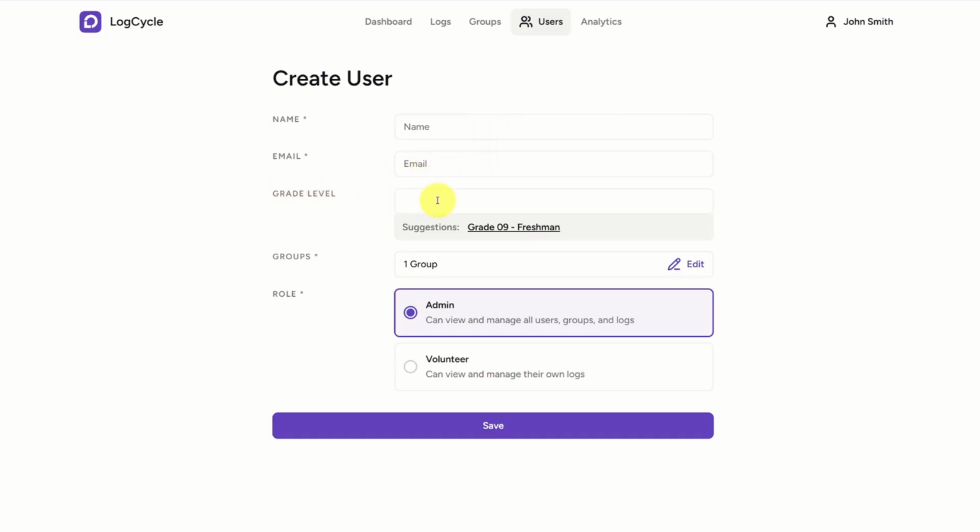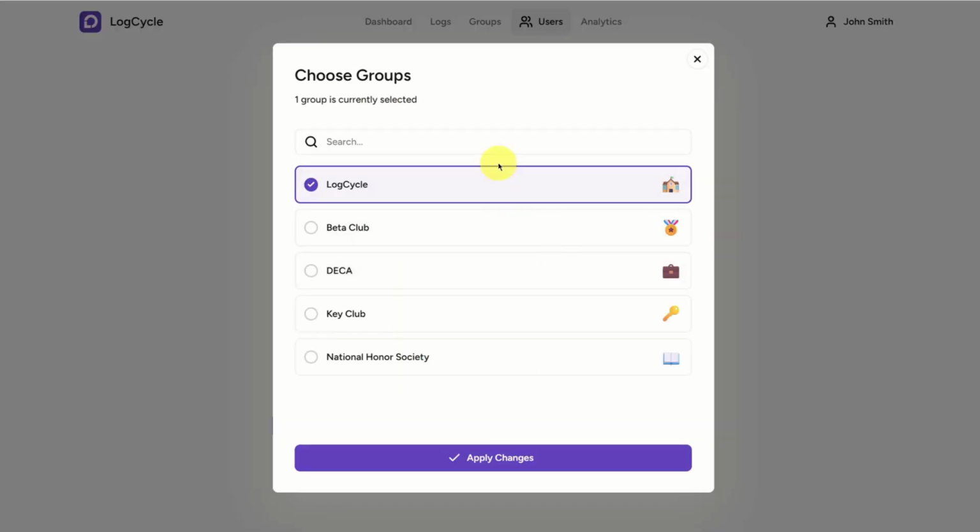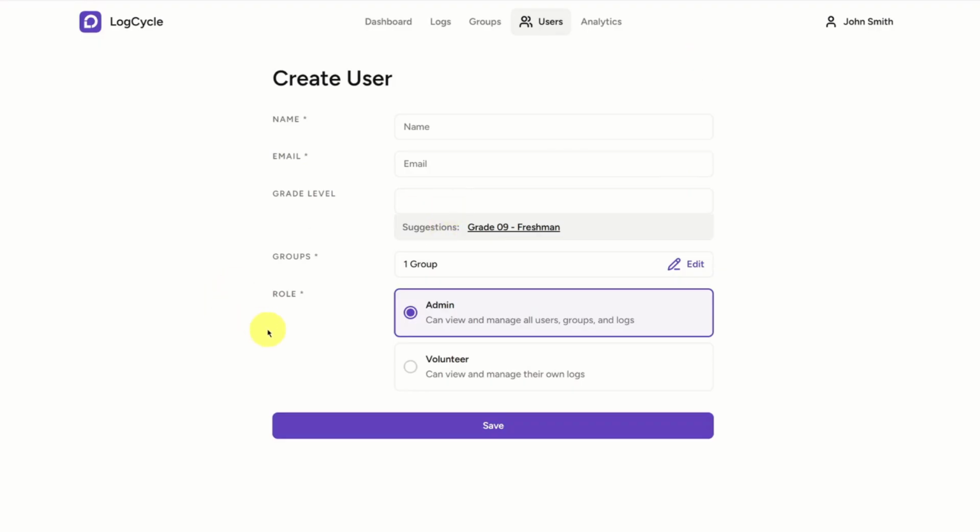So if you are not a school, you can use this as a custom field for anything you want. For example, you can use it as their position within your organization. Here, you could choose what groups they are a part of, or you could come back to that later. And at the bottom here, you could choose their role. So admins have approval power and no restrictions within the app, whereas volunteers/students are limited to submitting their logs and